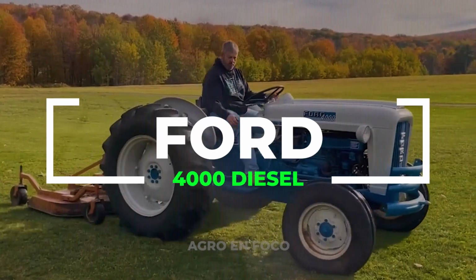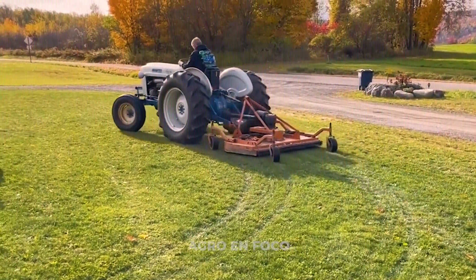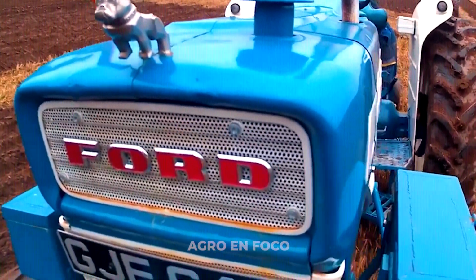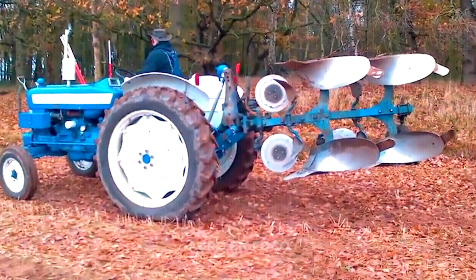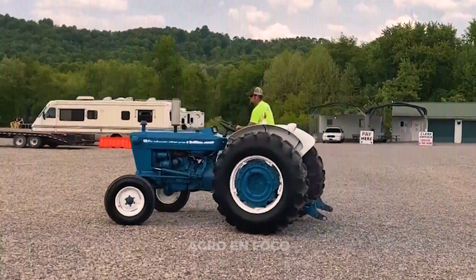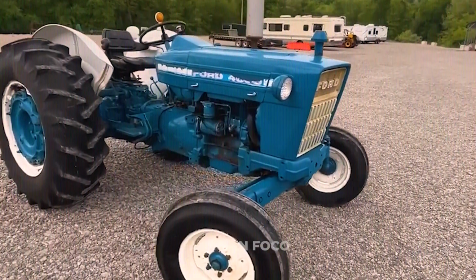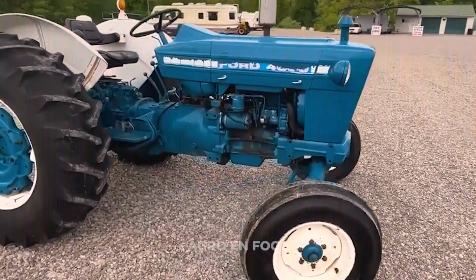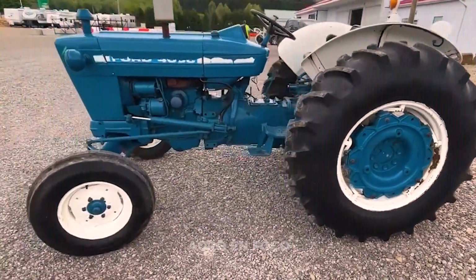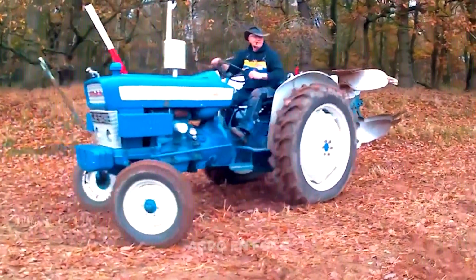Ford 4000 diesel. Produced by Ford between 1962 and 1975, this model went through 2 distinct generations that brought significant improvements in both performance and versatility. The first generation,